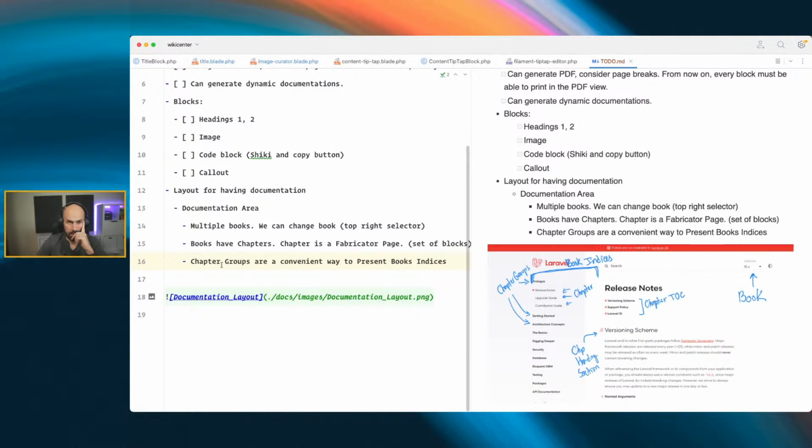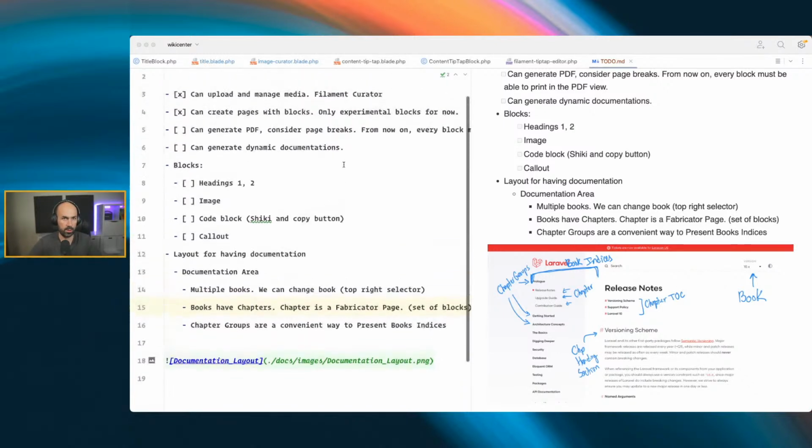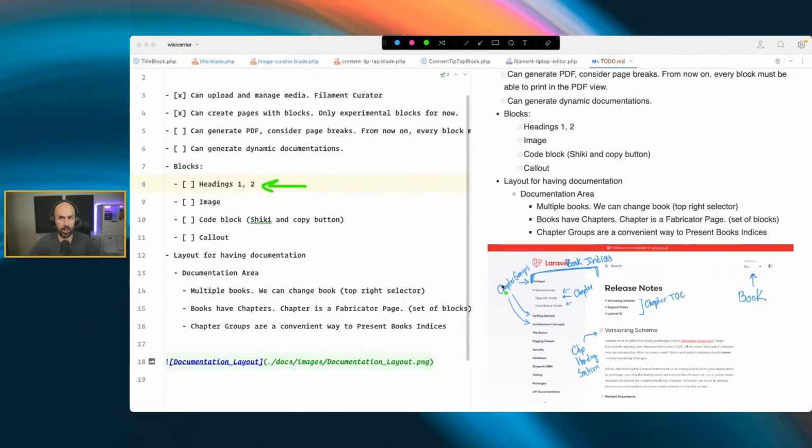Adding session, chapter groups to present book indices. Each book has chapters. Okay, books have chapters. Maybe it's a little bit shy, it seems small, but it's perfectly fine. So I think this is our goal for the next few steps, right? We'll be needing adding blocks, right, to do this: images, code blocks, callouts,